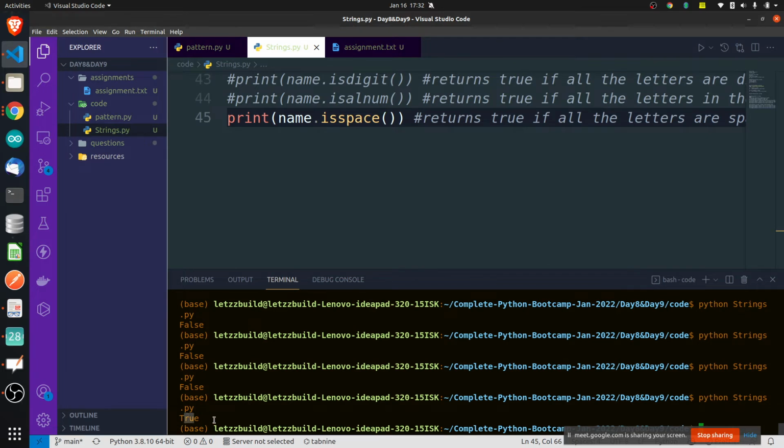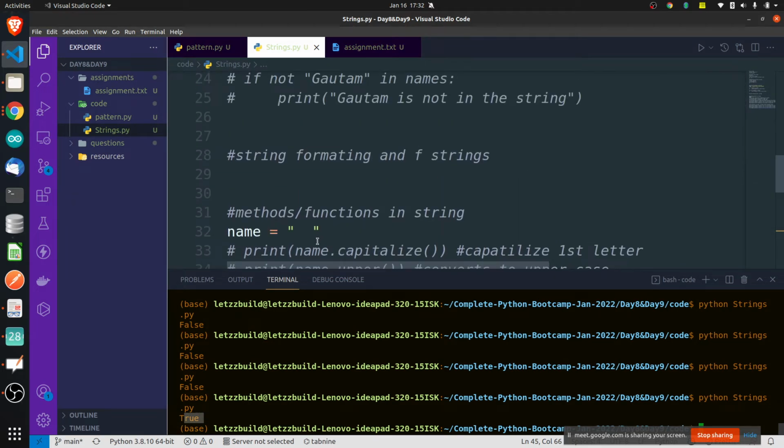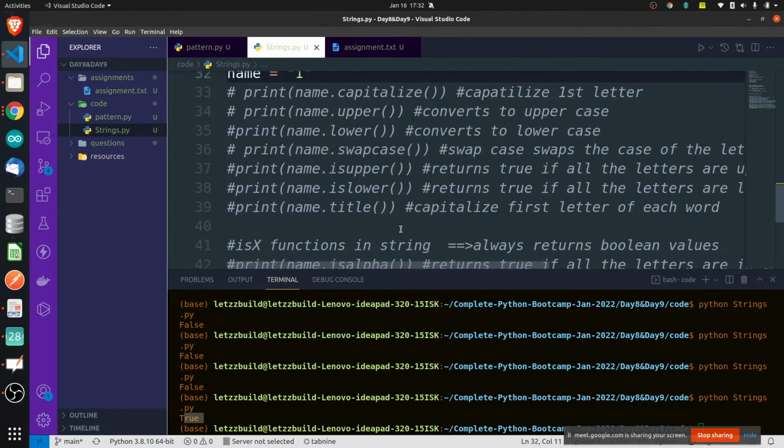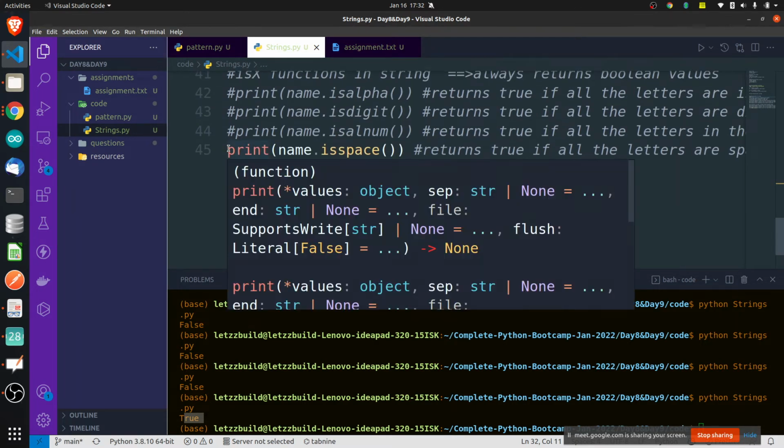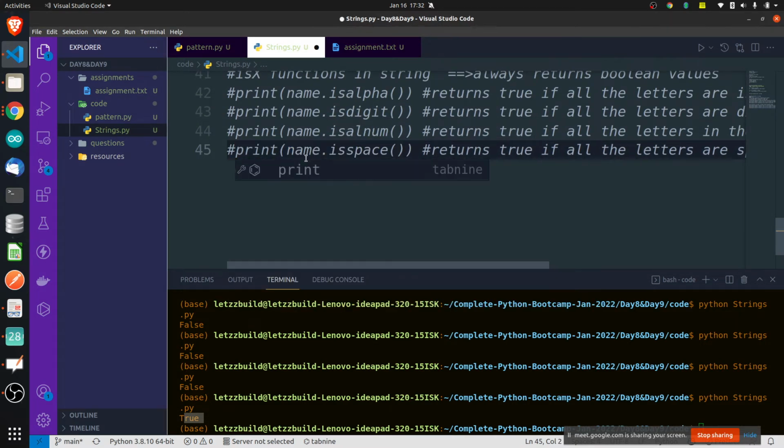See here, true now. But if there are actually some letters here, it is going to return false. Because it will return true only and only when all the letters in the string are spaces, else it is going to return false.